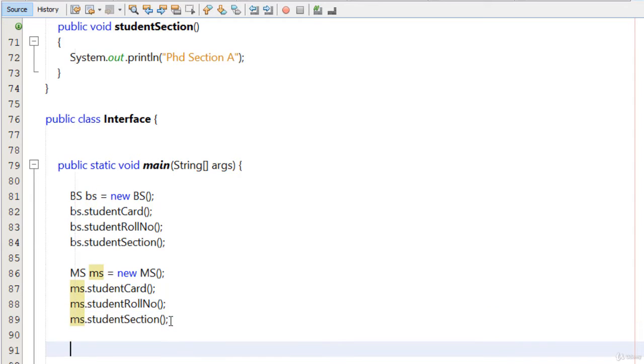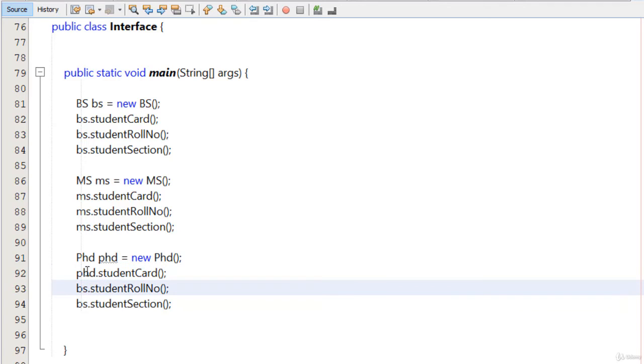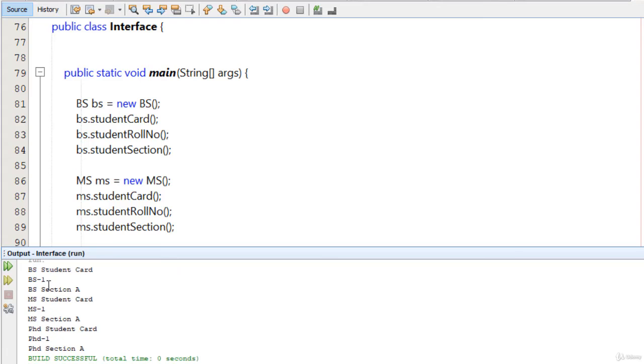Then again, phd equals new phd, and paste all the methods here. Just change the phd. Okay, so now if I run this program, you will see BS student card, BS1 and BS section